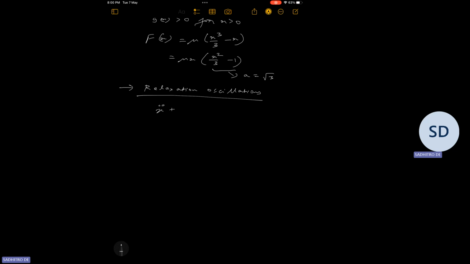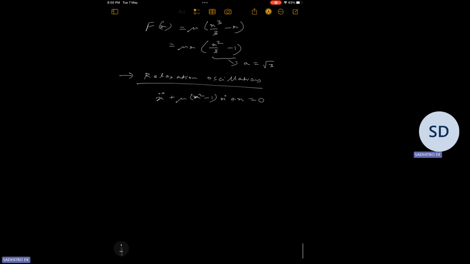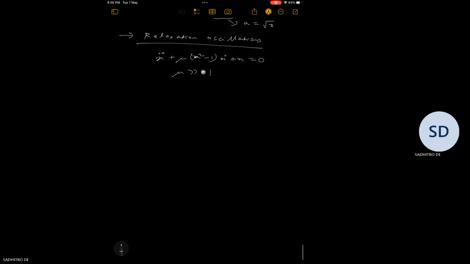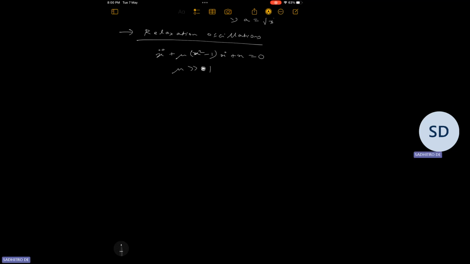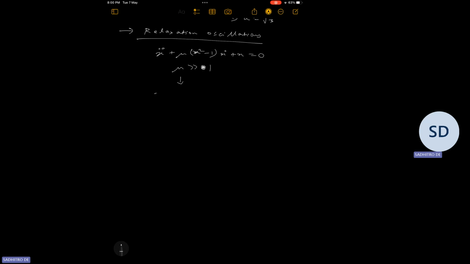So let us consider the Van der Pol oscillator in the limit that the nonlinear damping term, that is mu, is much greater than 0. So we consider the limit that mu is very big, or mu is much greater than 1. Let us look at the phase portrait of the Van der Pol equation in this limit. In this limit, we can simplify the equation by dropping the term which is linear in x, and then we get